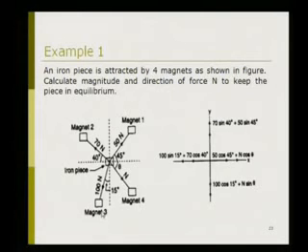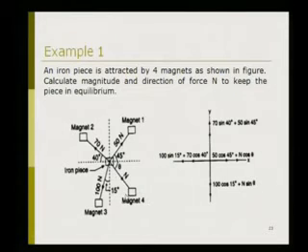The third magnet is applying a force of 100 Newton. There will be two components. Over here the angle is given with respect to the y axis, and that's why the cos component will be in the y direction and the sin component will be in the x direction. So 100 multiplied by cos 15 is the force acting downward, and the horizontal force is in the left hand side direction, 100 multiplied by sin 15.